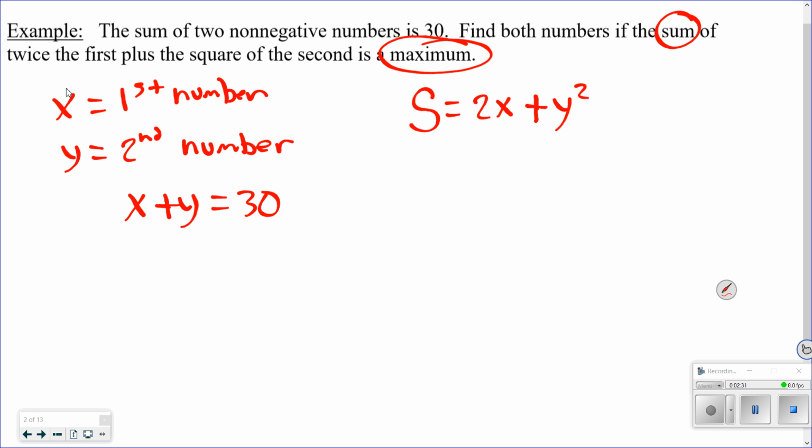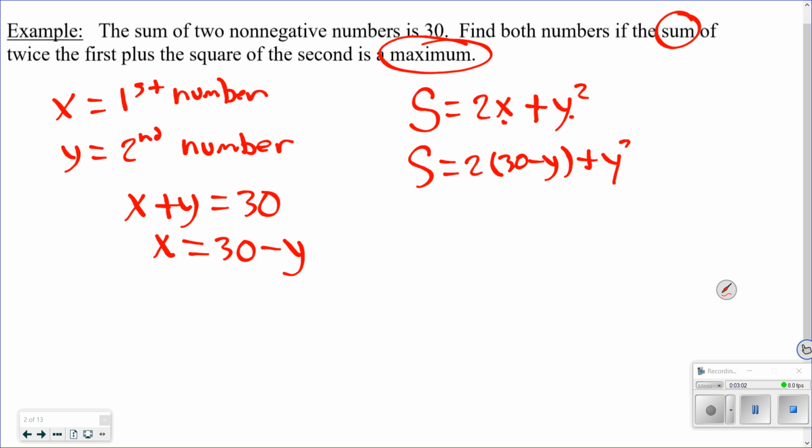Okay, so I come back up here. I either need to solve for x and substitute it in for x, or solve for y and substitute it in for y. I think I'm going to go for x because if I substitute in for y, I'll have to square it. Seems like a teeny bit more work. So I'm going to come down here and solve for x. If I solve for x, I subtract the y over, so x is equal to 30 minus y. So I'm going to come back up here and rewrite my equation. S is equal to 2 times (30 minus y) plus y squared. Because I'm going to have to take the derivative, I'm just going to simplify that equation down, make it a little bit easier to work with. So distribute the 2 through: